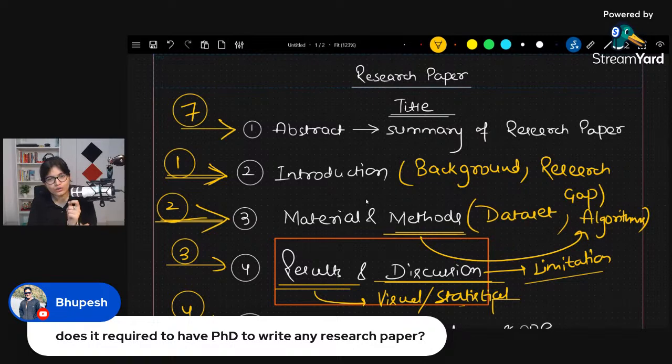So try to make sure that, first of all, tip number one, try to write the abstract at the very end. Tip number two, try to use as basic words as you can. And tip number three, the abstract section of your research paper is composed of all the summary, starting from the intro to the conclusion, within very few lines. So that if someone goes and checks out your abstract portion, he or she will be able to understand, okay, this is what he or she is talking about, and this is what he or she has done.